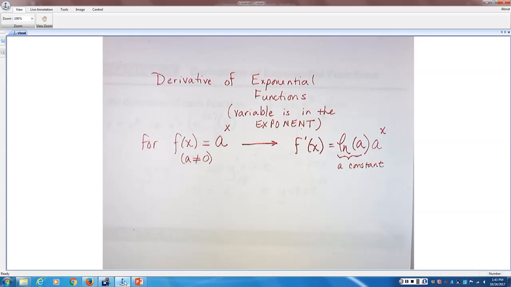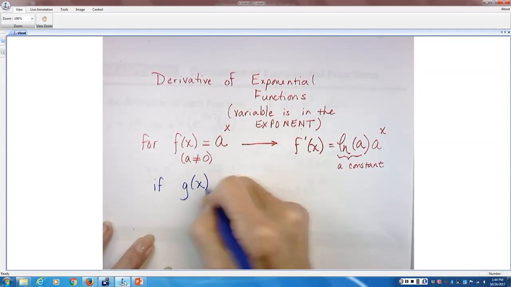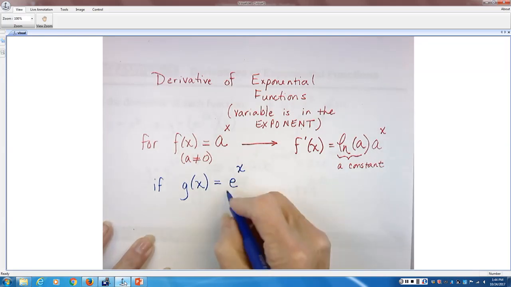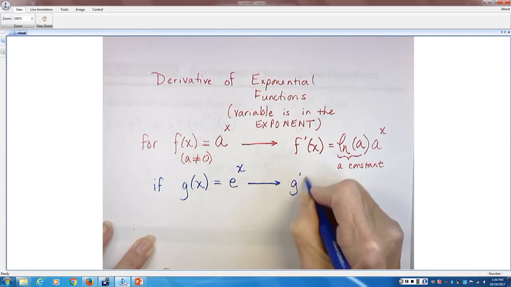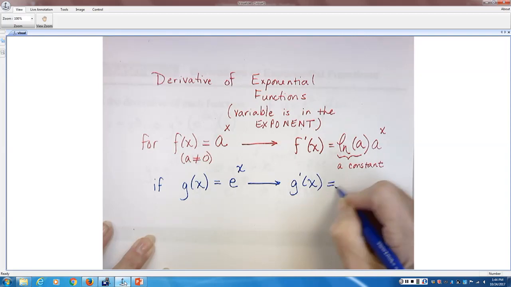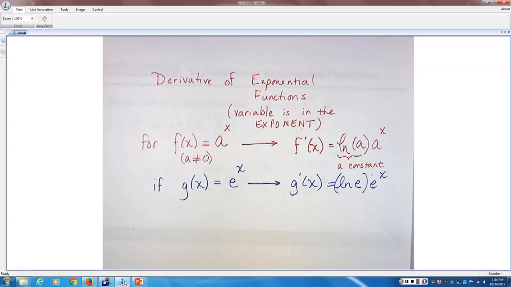Okay? If it should so happen that the base of your exponential is e, then your derivative is going to be, it really is the natural log of e times e raised to the x. But if you get your calculator and you check this out,